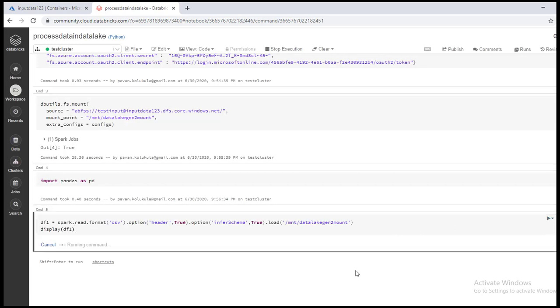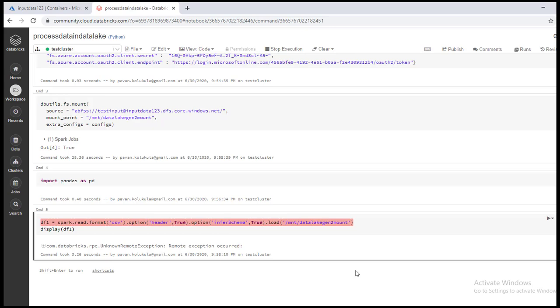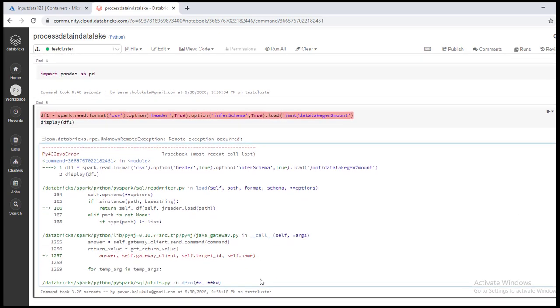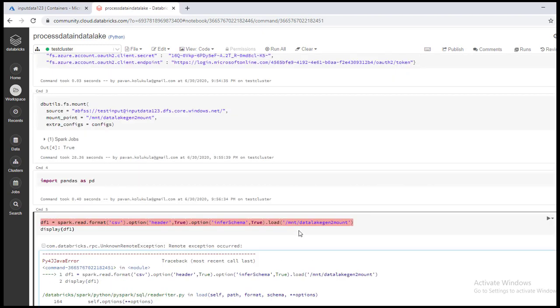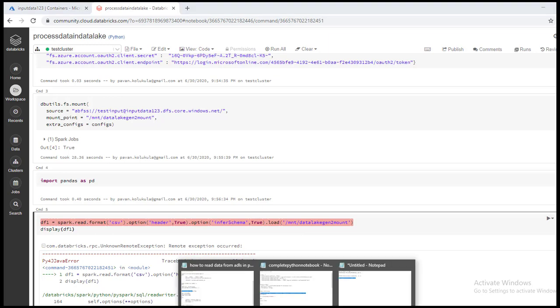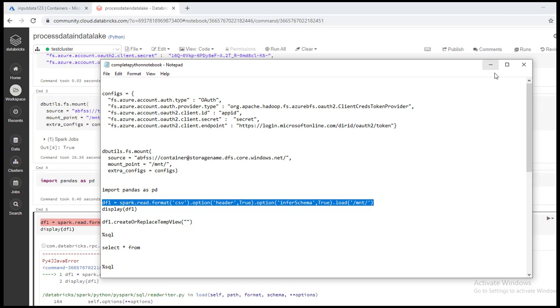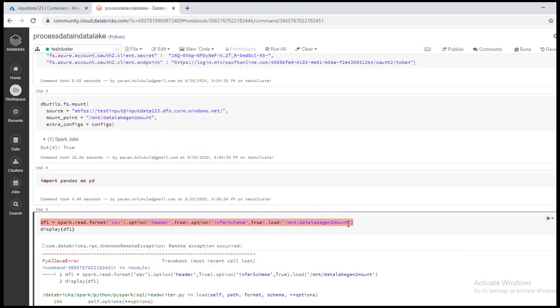Now click on run. Okay, we'll also give the file name.